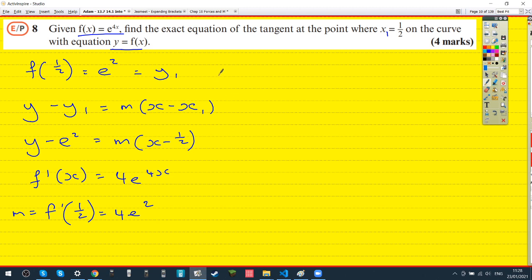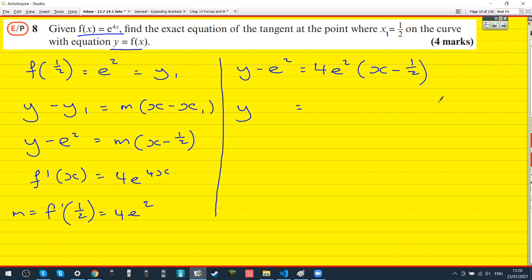And now the equation of the line. y minus e squared equals 4e squared brackets x minus a half. That's it. And so we'll put it in the form y equals. So you'd add e squared to both sides. Yeah. Which gives you